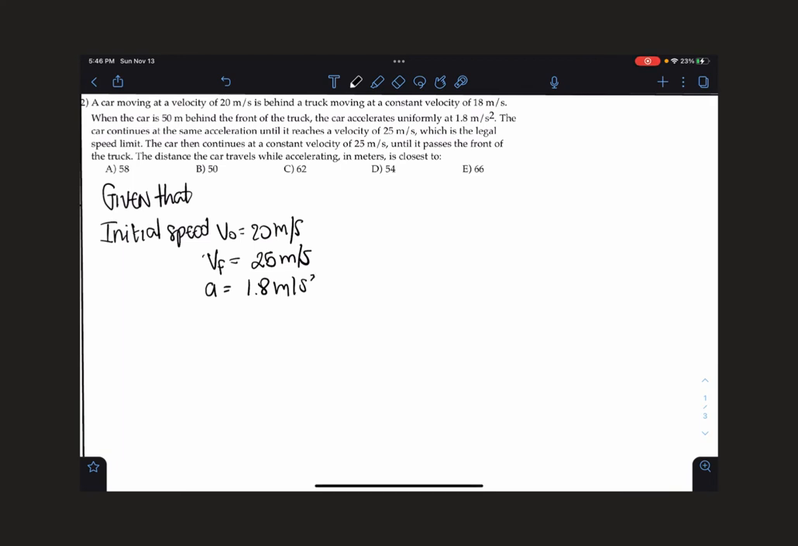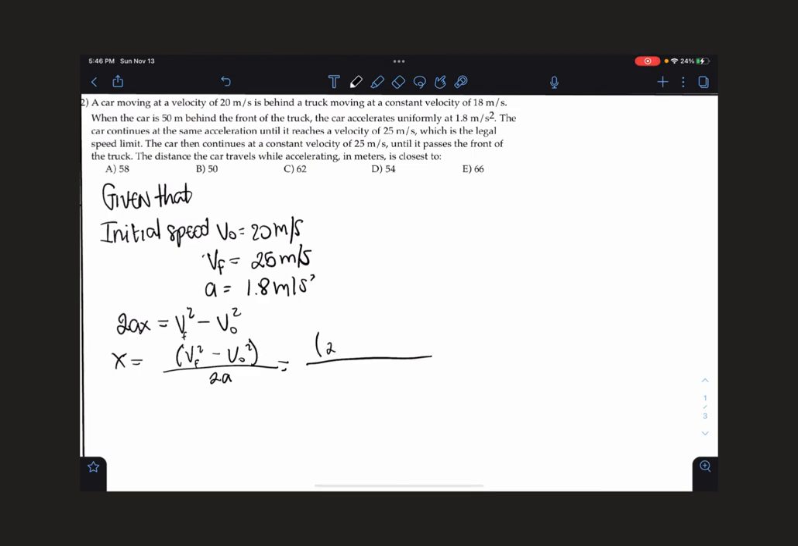So with this information we have the equation of motion. It is basically v final squared minus v initial squared equals 2ax, and we solve for x because we need the position. So here we have v final squared, v initial squared, 2a, and then we replace with the actual values,